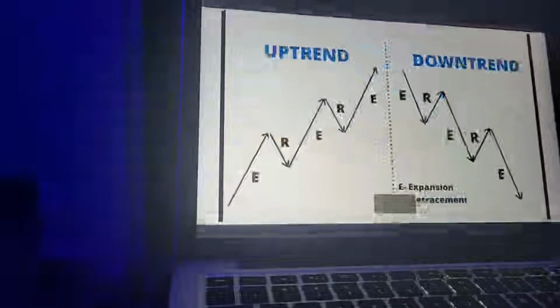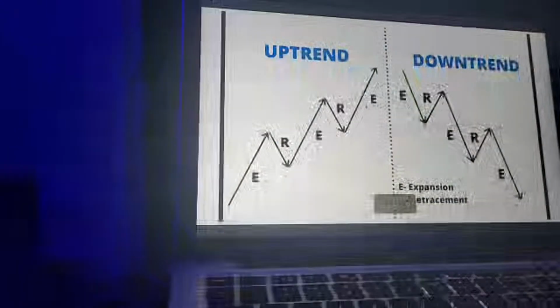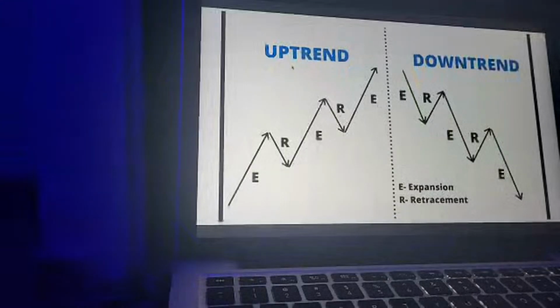Now, if I swipe to the next page, this is what it looks like. This right here is an uptrend. I want you guys to make sure you're taking notes of everything I'm going to be showing, and you can also come back to this video, which will be in the channel, to take notes of everything we're teaching. So this right here is an uptrend. Once the market is going in this direction, it's called an uptrend. And once you're seeing a chart like this, with the market going like this, it's called a downtrend.